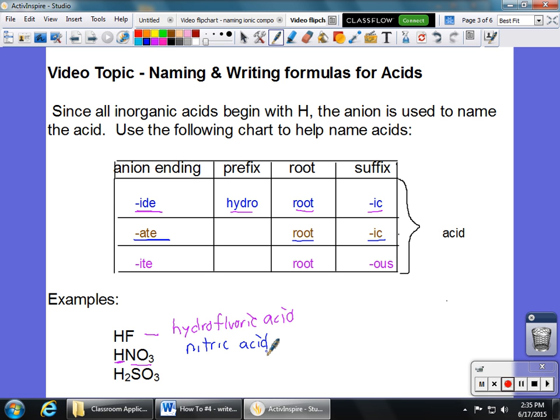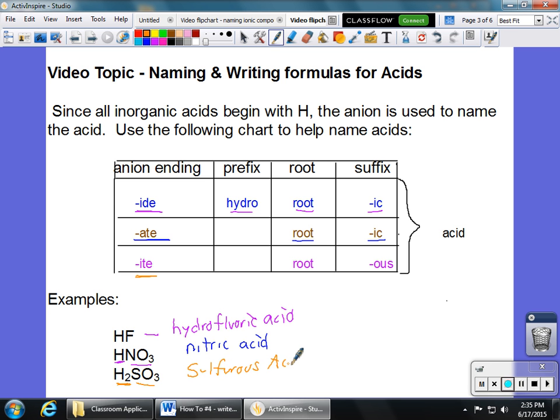The last example, well, if we think about it, starts with H, it must be an acid. Doesn't matter how many H's there are. In this case, it's H2SO3. The reason there are two is that hopefully it will equal 0 with the anion itself to make it a neutral compound. SO3 happens to be sulfite. Sulfite, yes, ITE. Now, for sulfite, we will use the root word plus the ending OUS. And this one becomes